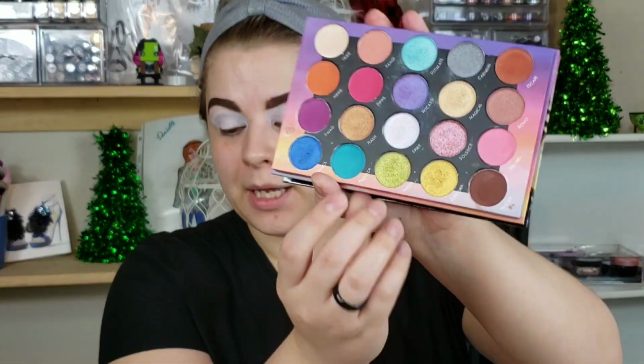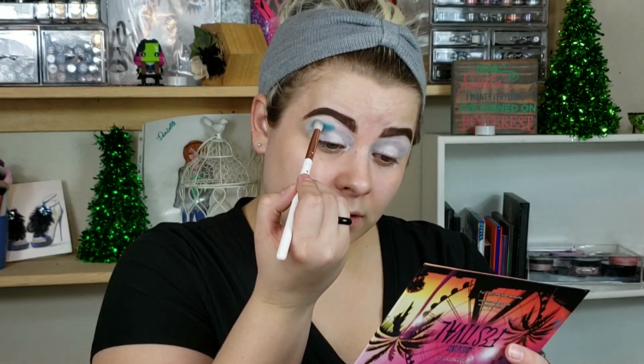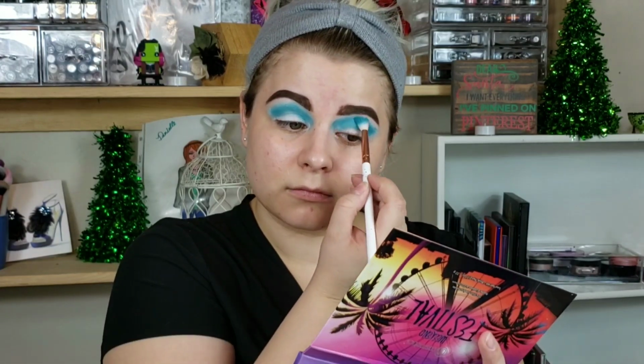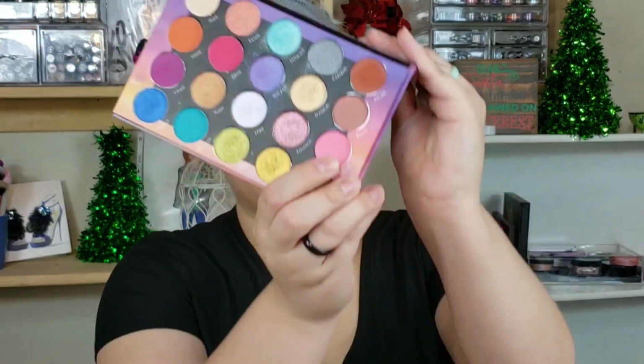Okay, since that is just messily applied, I'm going to go in with the shade Palooza, and we're going to take this on a Glamour Dolls eye blending brush. I'm just going to work this onto my crease and above. Okay, now that I look like Mimi from the Drew Carey Show, we're going to take the shade Electric,